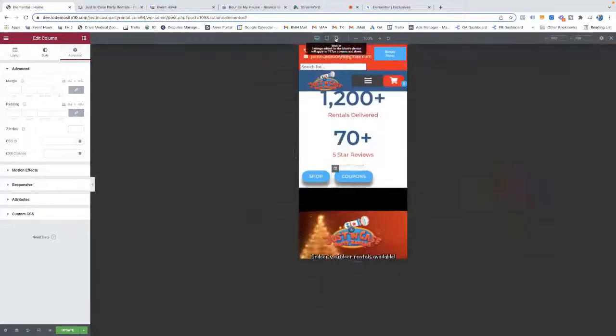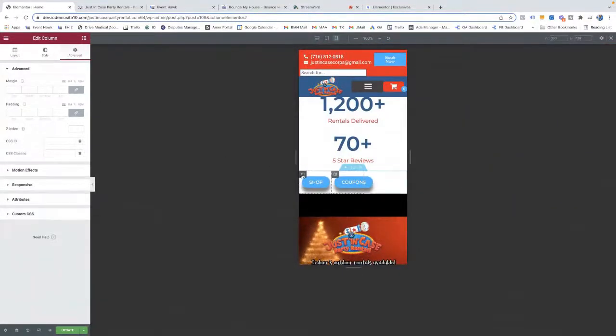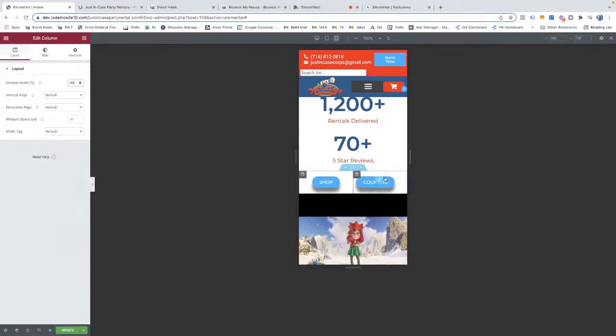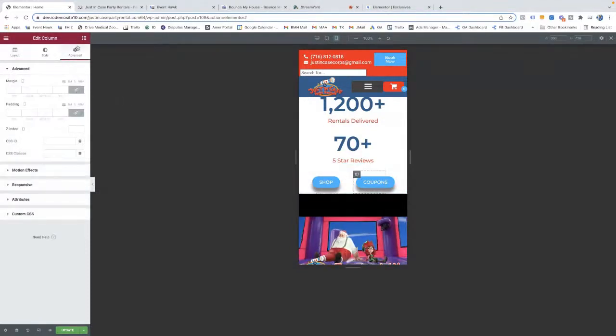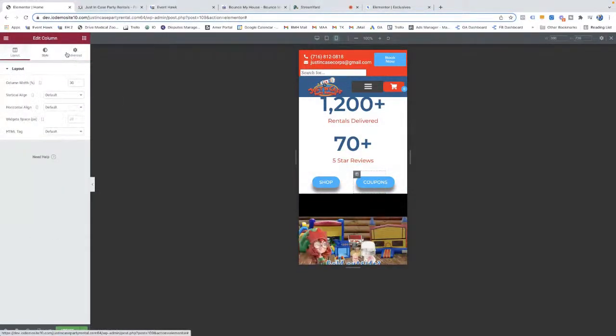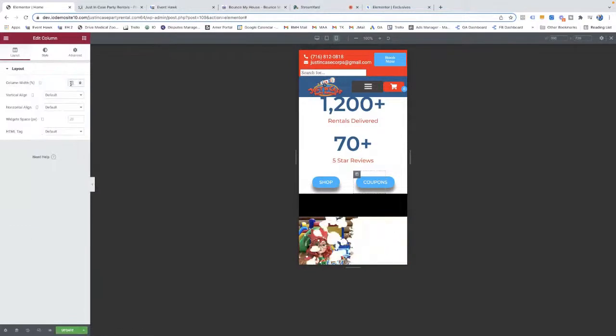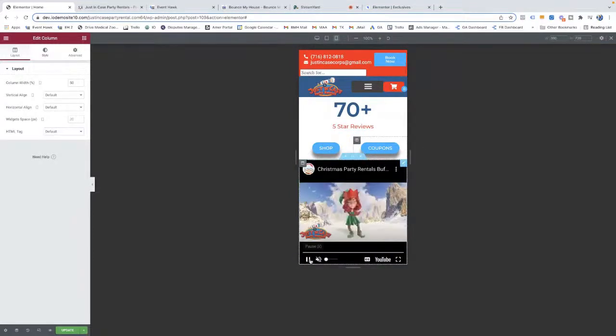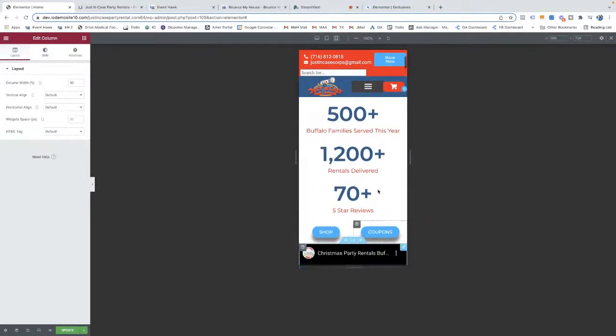We have two, and we give each one a margin of 30. So if we just do 50-50, there you go. That's 50. There you go. So it's an example here, but really there's very little that you can't do in Elementor on your